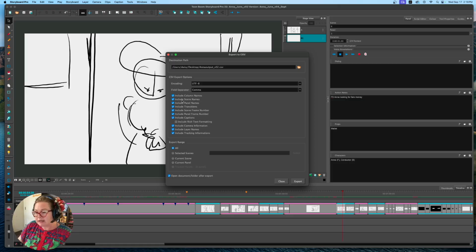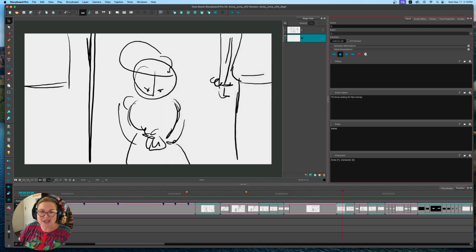Export column names, scene names, panel names, transitions, scene frame number, panel frame number, include captions, include camera information, layer names, include tracking information. If you wanted to do selected scenes, but I wanted to do everything and then open it. Actually, I don't want to open it after export because my computer keeps trying to open it with Premiere for reasons I don't understand. And then you're going to click export. It's going to be pretty fast because these files are extraordinarily small. We're talking like 10 to 16 kilobytes. I already exported mine, like a cooking show. I already did it, and it was on